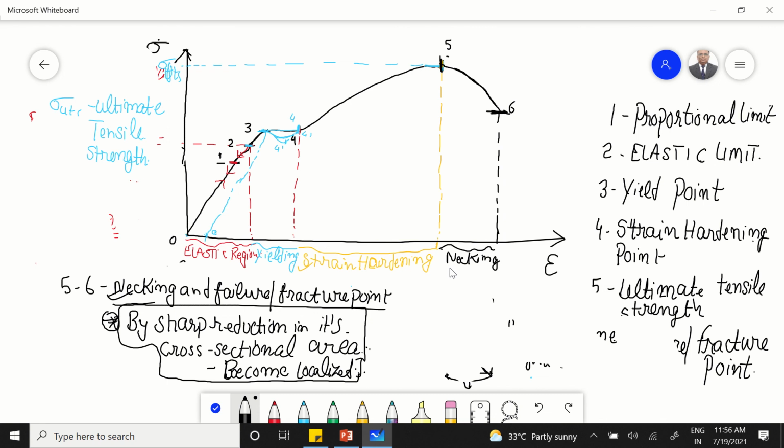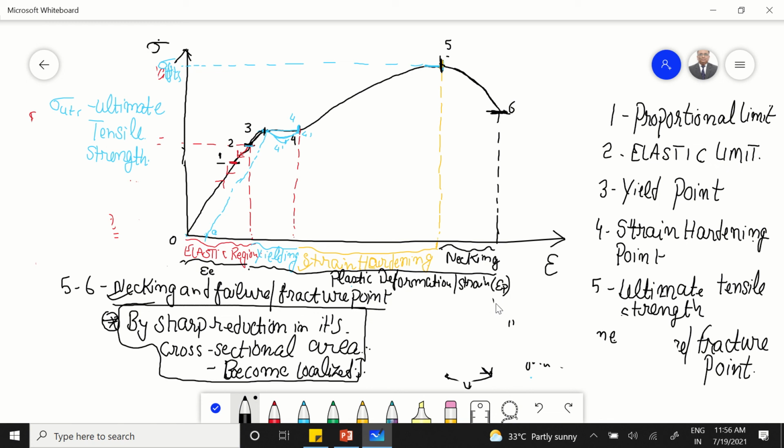See, we have already seen that from point number 3, there is a permanent deformation being induced in this specimen. So from point number 3, or oftentimes we can say from point number 2, because this is the irreversible deformation, from point number 2 to 6, this complete region is actually known as plastic deformation, or since we have plotted strain, we can say plastic strain also. This is the elastic strain, we call this epsilon E, and this is the plastic deformation, or plastic strain, we represent this as epsilon P.